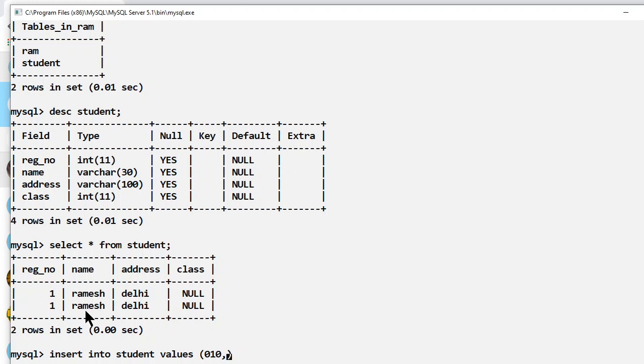The data type of name is varchar, so I will write it either in single quotes or in double quotes. So I will write the name Sham, quote close. Third is address. I can write Pilibhit, again in single quotes, and the last is class. Class is integer, so I will write something like 12.